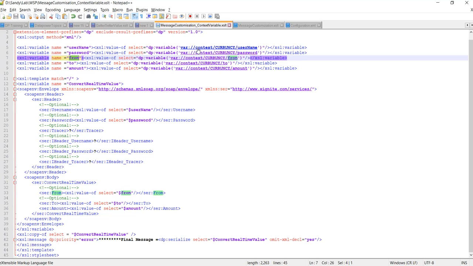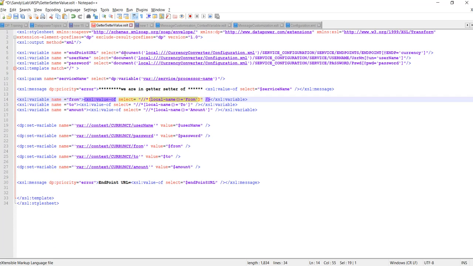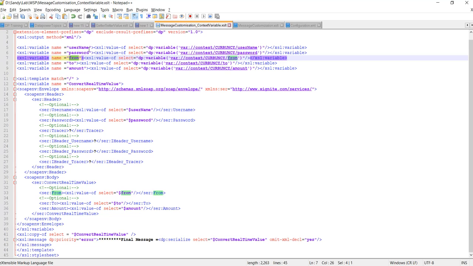The variable is the name of the context variable which you created in your previous XSLT. This is the username and this is the password. So here we set the context variable, and in this XSLT we are getting those context variables. Username and password we set as context variables, so we'll call them here, and similarly from, to and amount. We'll call all 5 context variables here.